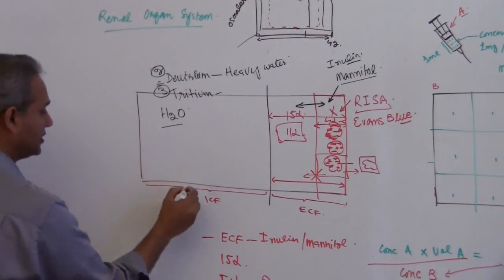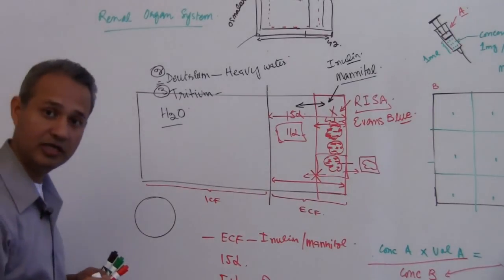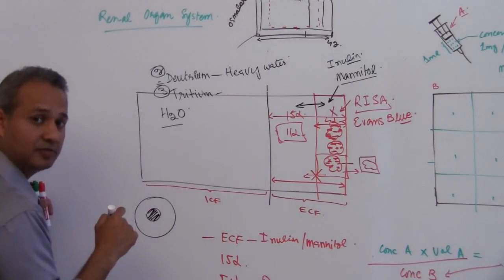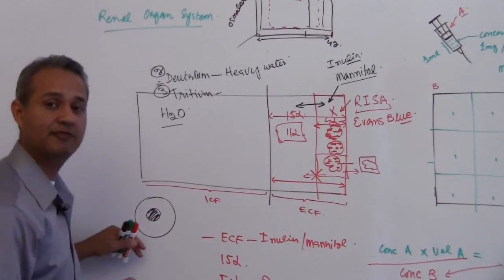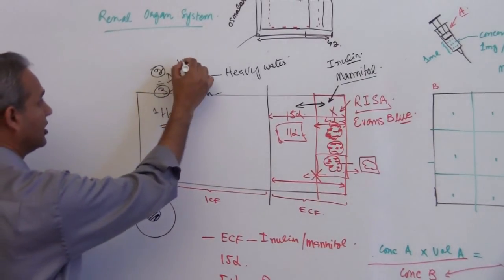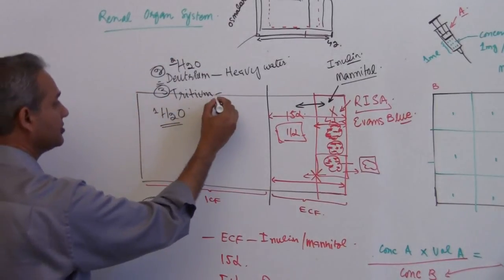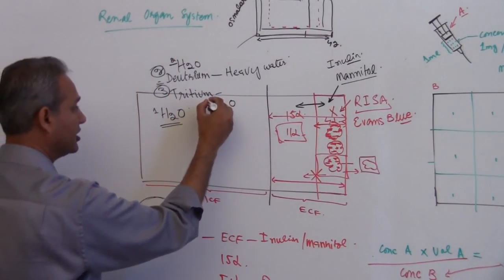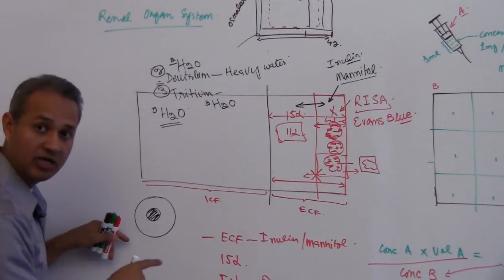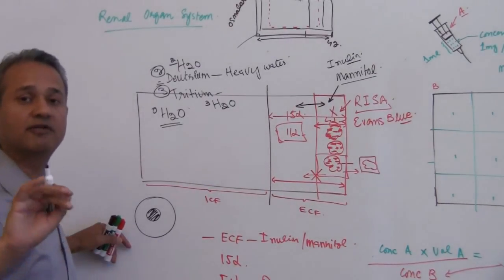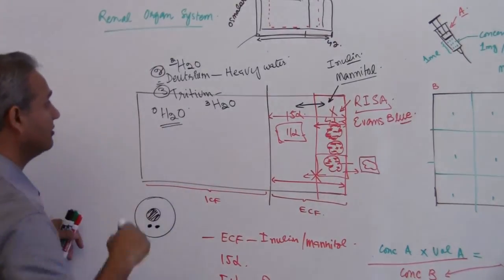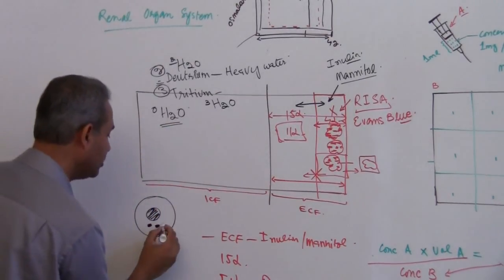What that means is that if you take a hydrogen atom, it would have one proton in it, right? Normally it doesn't have neutrons. So H2O, normal water, is written like this. Deuterium is written as H2O with 2 over here. Tritium is written as H2O with 3 over here. What that means is this. So this should be 0 actually. Normal water or normal hydrogen atom does not have a neutron. You could have 2 neutrons in it and that is called heavy water or deuterium. Or you could have 3 neutrons in it, and that